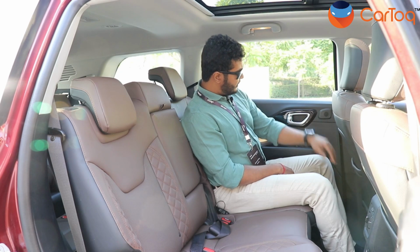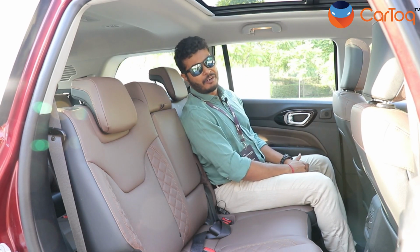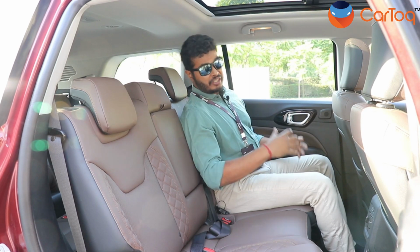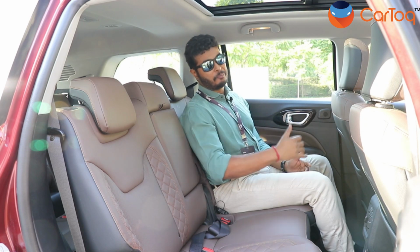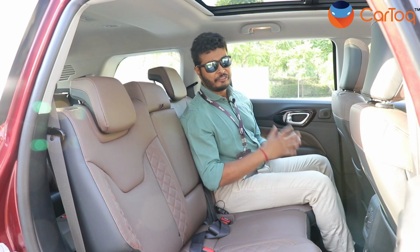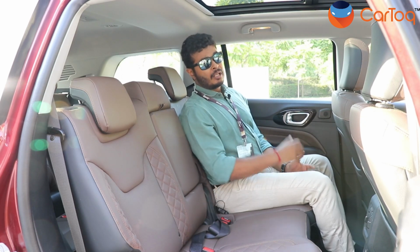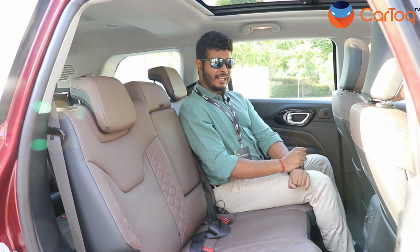You get seat pockets here, and if you look up you can see the massive panoramic sunroof, which actually gives you a very airy feeling, which is much better than the last row seat, where you don't feel claustrophobic, however you feel very cramped. Now let's check the front row seats of the Jeep Meridian and check out how different it is from the